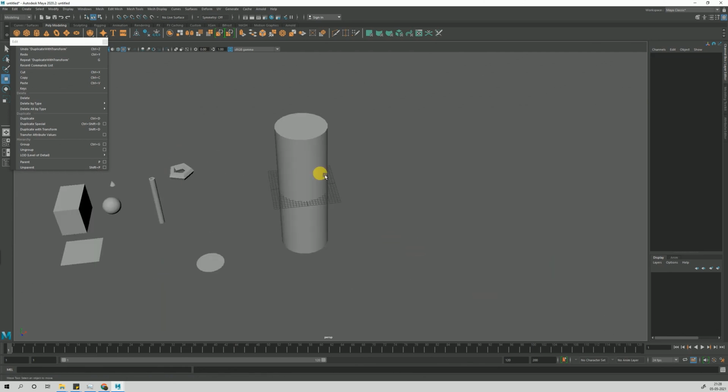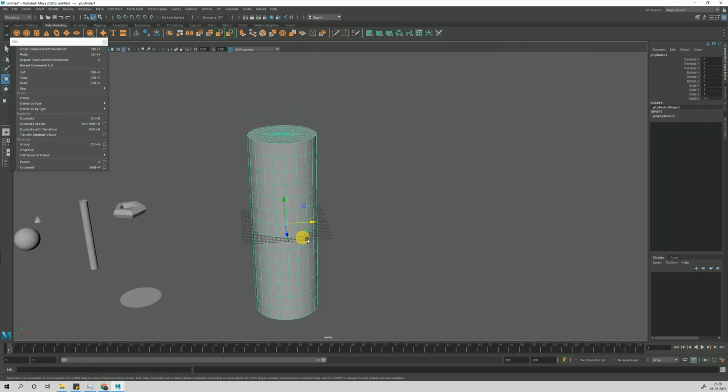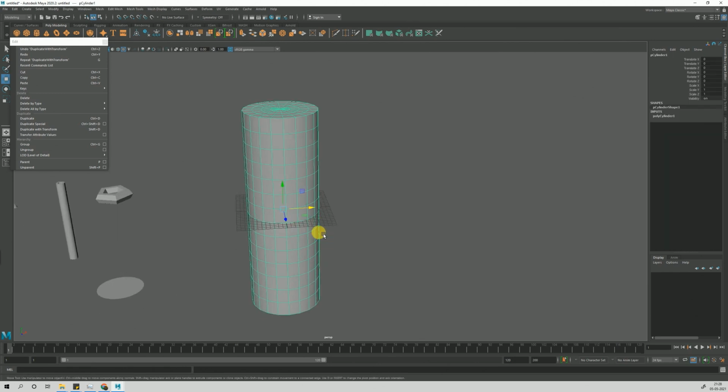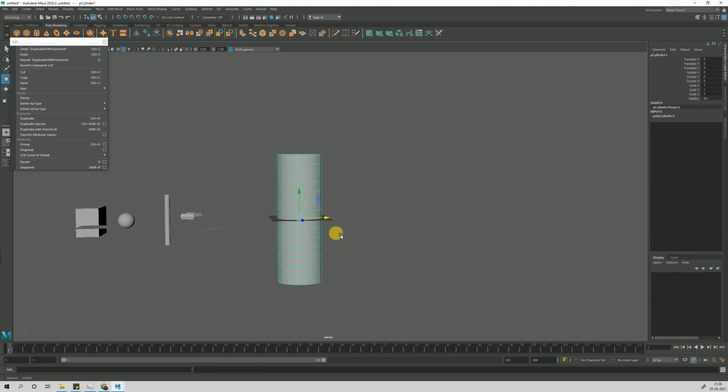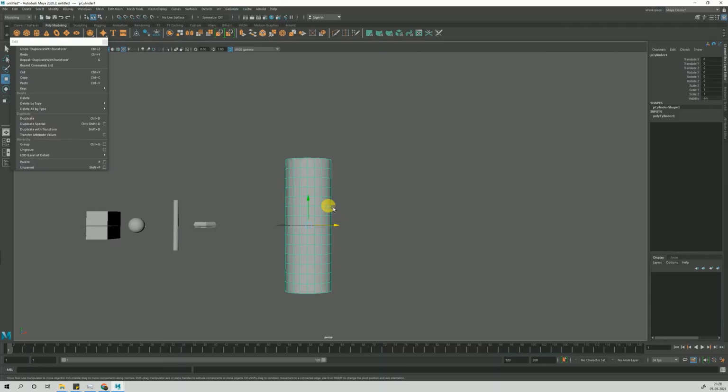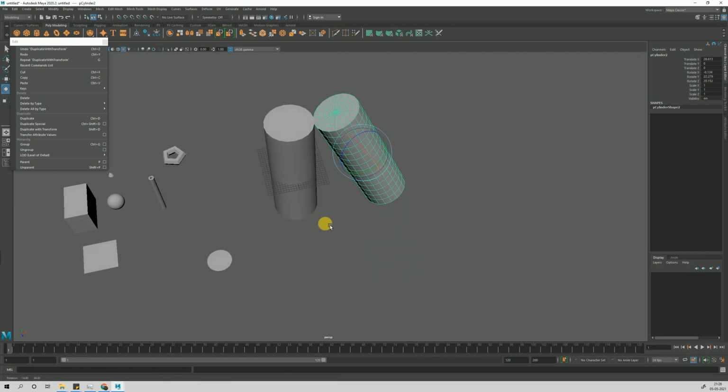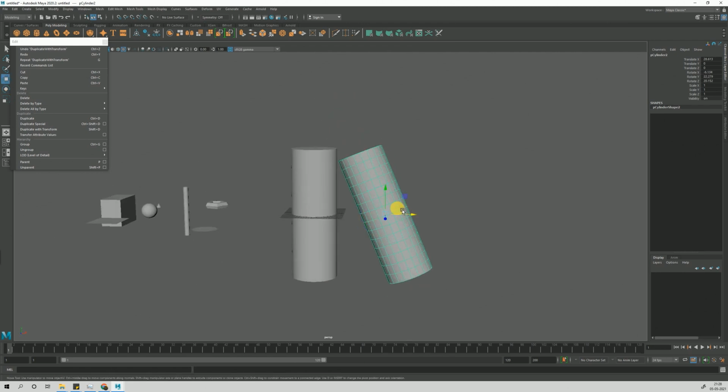It doesn't work only with move, it works with transform. It also works with rotation. It also works with scale. So let's try with rotation. I duplicate it, move, rotate. This is good. More movement.